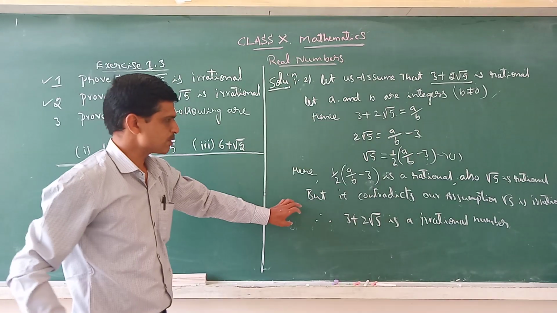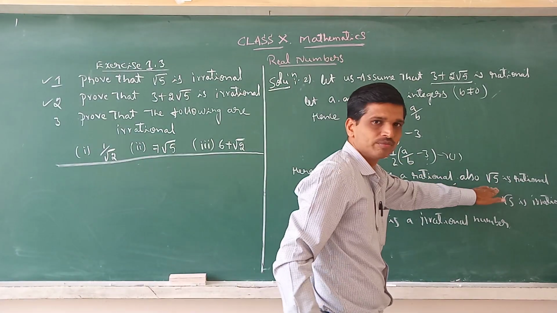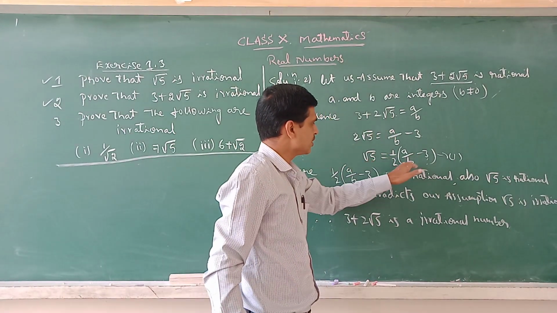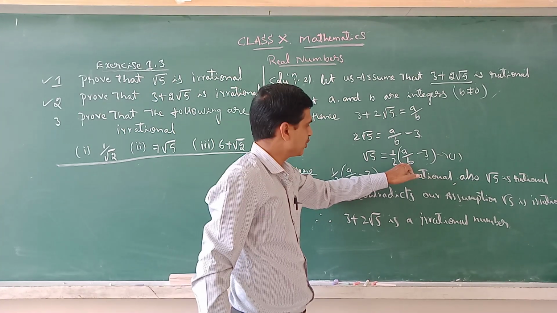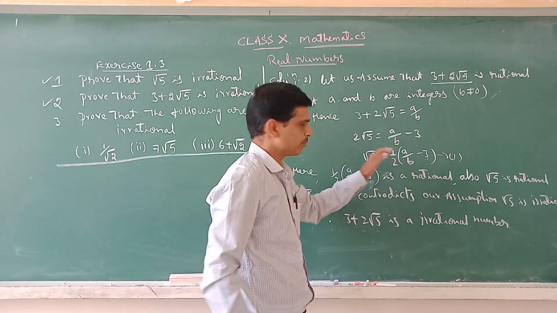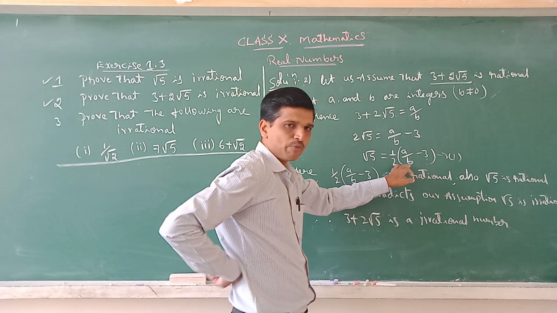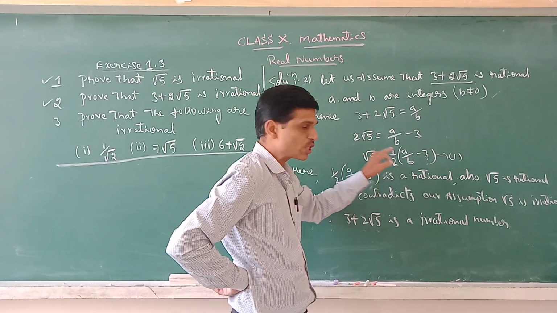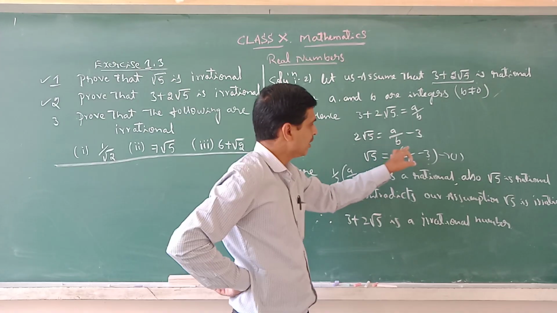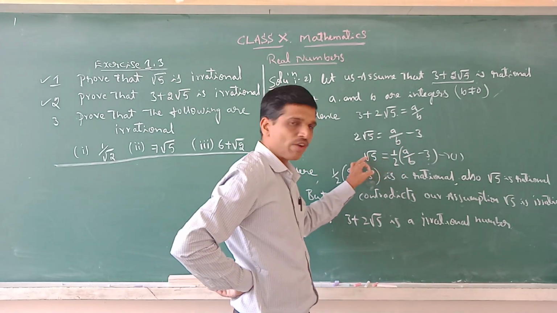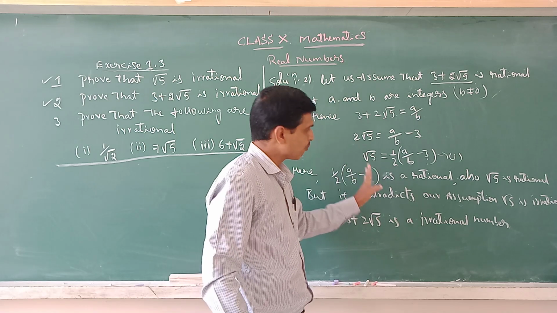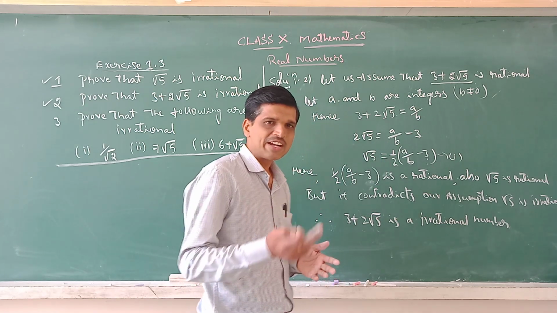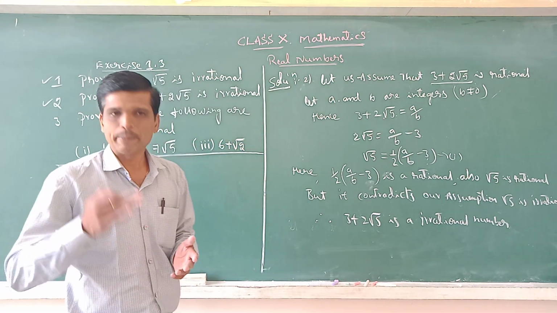So very simple steps, because root 5 is already proved. If you want to calculate again, we can substitute these values and we will get some other b value. Hence, taking squares on both sides, we will get some value, that is b. So 5 divides b square, or 5 divides a square. Therefore 5 divides a square or b square, and automatically 5 divides both a and b also.